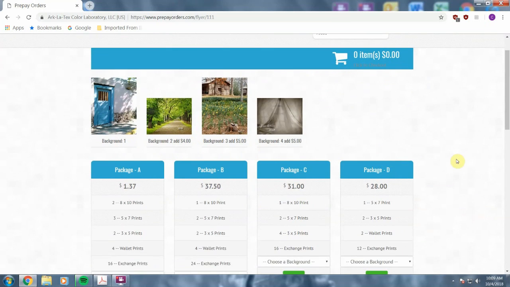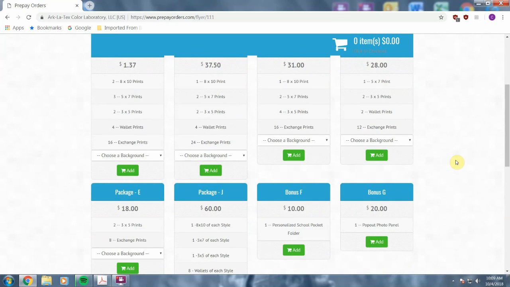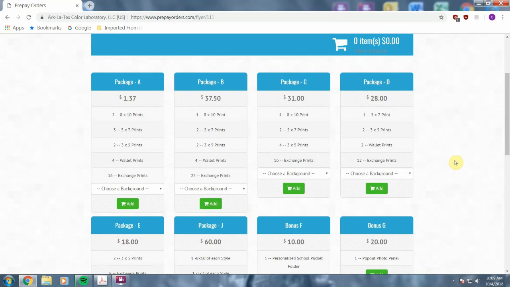So at this point, I'm going to look and see as a mom what your package offerings are, and I'm going to select this package B, and then it's going to ask me what background that I need, and I'm going to select that, and I'm going to add it to my cart. We just moved this cart up here to the right hand corner, and we also gave it this flashing effect so that it brings more awareness that you have something in your cart. So now I'm ready to check out,